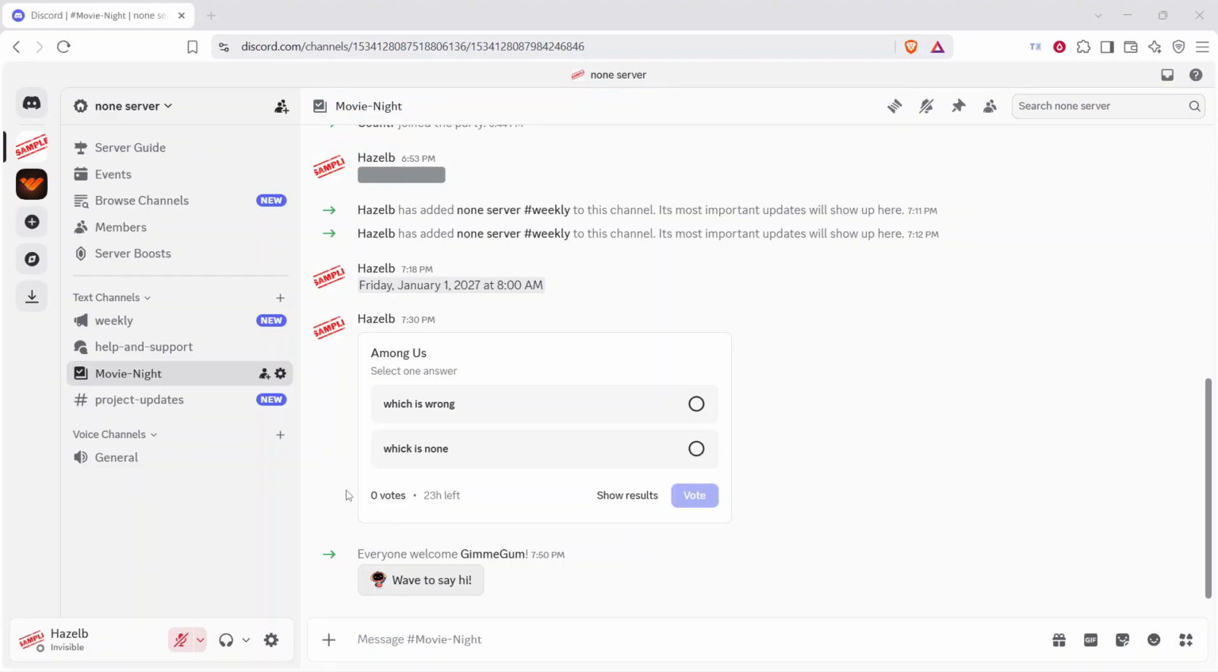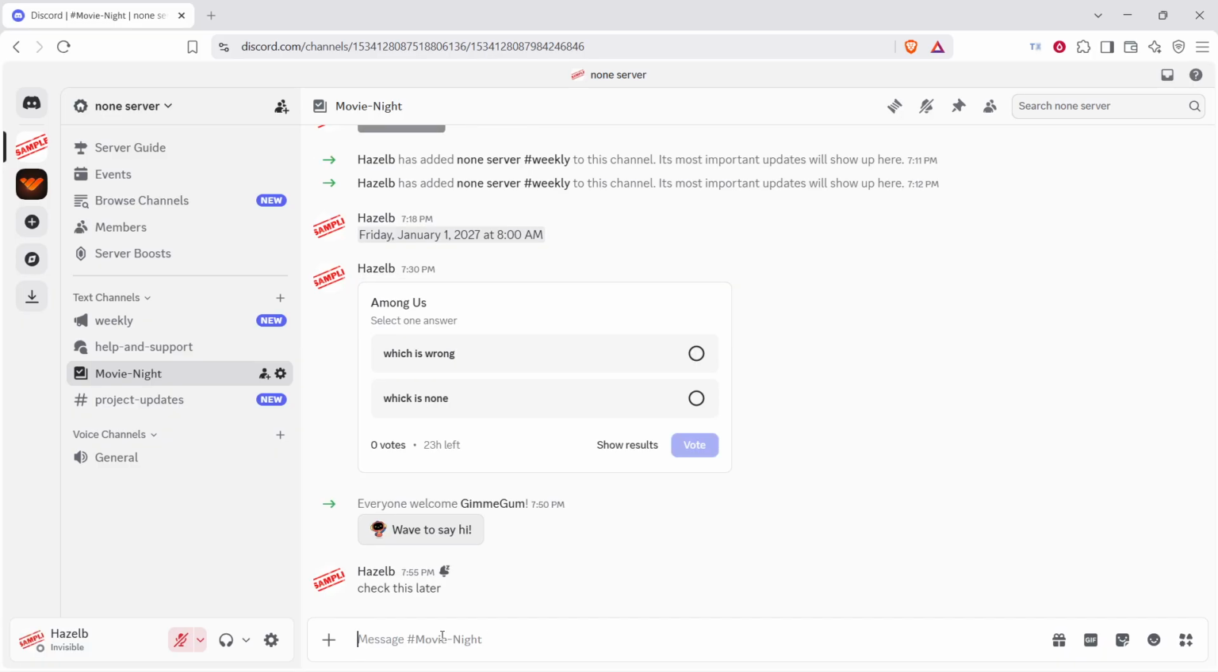Click into the message input field at the bottom of your channel to start composing. Type @silent followed by a space, then type your message. I'm typing check this later. The @silent prefix stops Discord from sending push or desktop notifications for this message. Press enter to send, and your message appears in the chat with a sleep icon next to your name, indicating